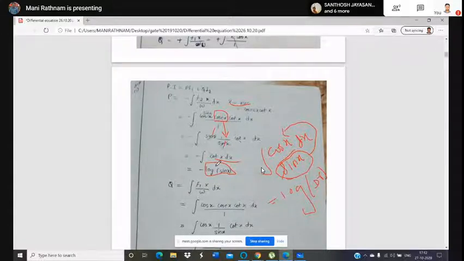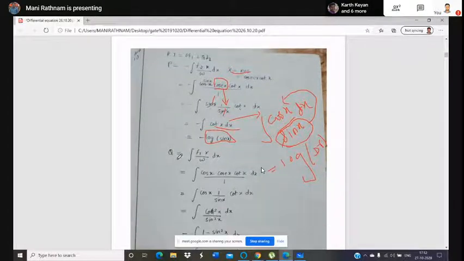So like that here, cot x, the formula is what? This is cot x, cos x by sin x. This is also another way to represent this resultant. So the differentiation of sin x is cos x, exactly the numerator. So log of sin x. So log of sin x is the resultant for capital P.